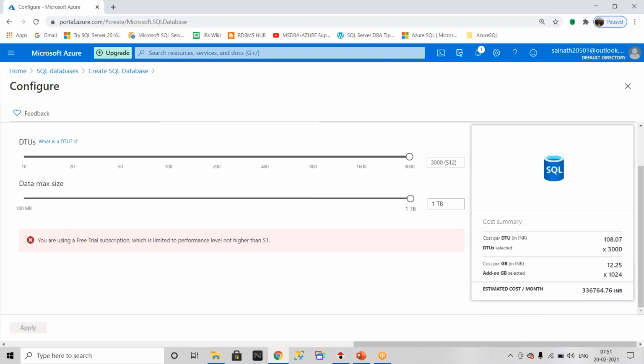Okay, 4 terabytes. Now you will get one question here. Sir, I am selecting 1 terabyte for my database size. If I exceed 1 terabyte, what do I need to do? In that case, you can contact Microsoft, and Microsoft will increase the database capacity, sir. That is one thing. And you will get one more question. I'm creating a database with 1 TB.